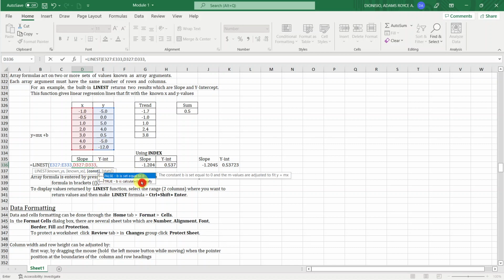Is it equal to 0 ba? Or B is calculated normally? Kasi you can set the B, the y-intercept to equal to 0. And then the m values are adjusted to fit y is equal to mx. So pwede mong i-force na yung equation na i-fit mo dito is just y is equal to mx yung form. Pwedeng ganon. But since gusto nating makita yung y coordinate talaga or yung y-intercept, we can just choose this, yung